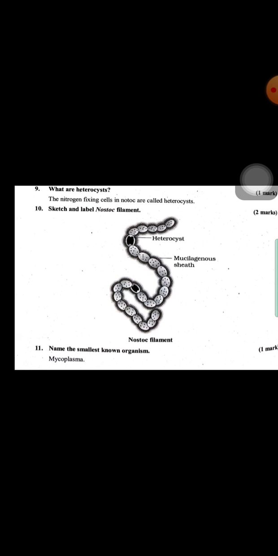It will come. So it is the smallest organism we can say. So next, protista. Protista is unicellular and eukaryotic. We can see them in aquatic organisms, and they have a nucleus. They reproduce by both sexual and asexual methods.